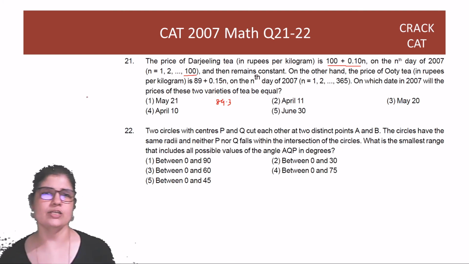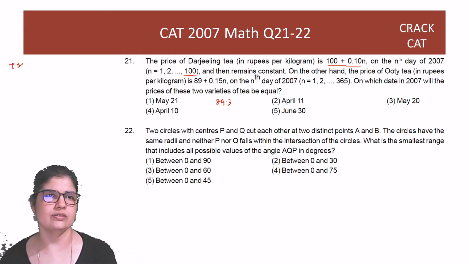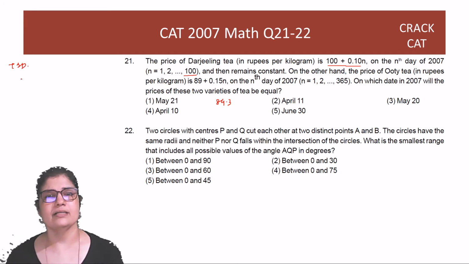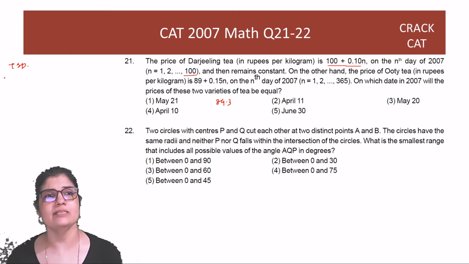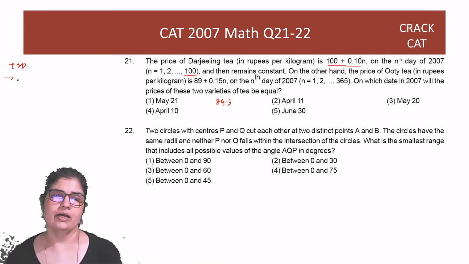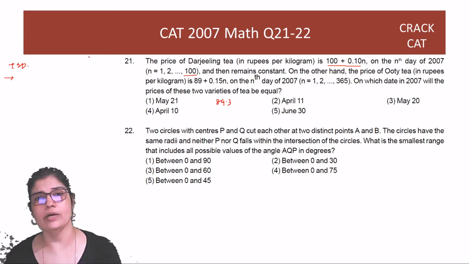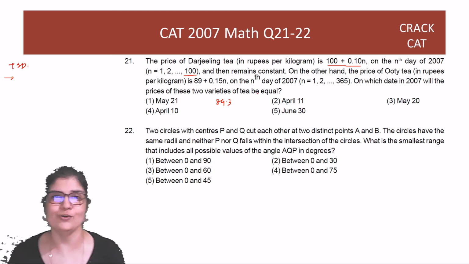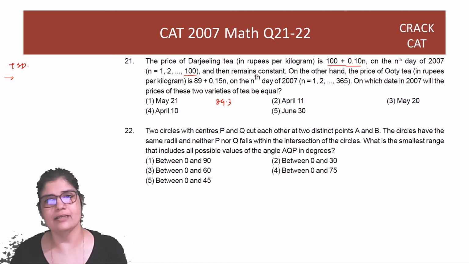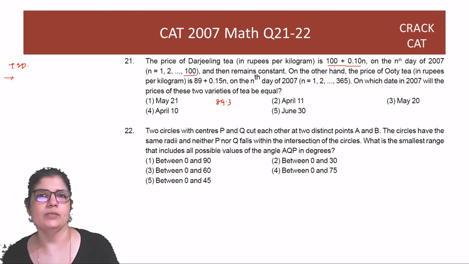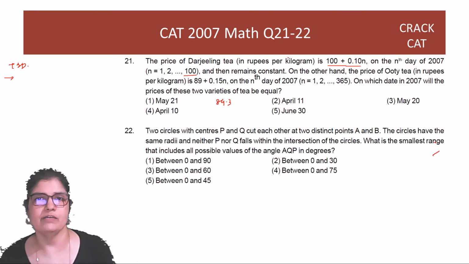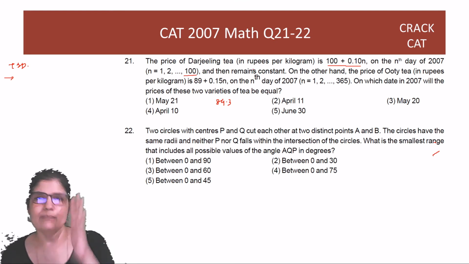So generally these questions I think of them as time, speed, distance questions. Correct? But यहाँ पे वो आफ्टर 100 डेज कांस्टेंट हो जाता है, तो पहले दोनों को 100 डेज पे लाके छोड़ते हैं, राइट? If OTT has run fast enough to overtake Darjeeling tea within 100 days, then the answer is less than 100, then we see what to do, but most likely there is still some overtaking to be done, तो ही फिर ये कांस्टेंट का मजा है, राइट? Otherwise whether it was constant or changing till 365 days, it wouldn't have any difference. So let's get both of them to 100 days.